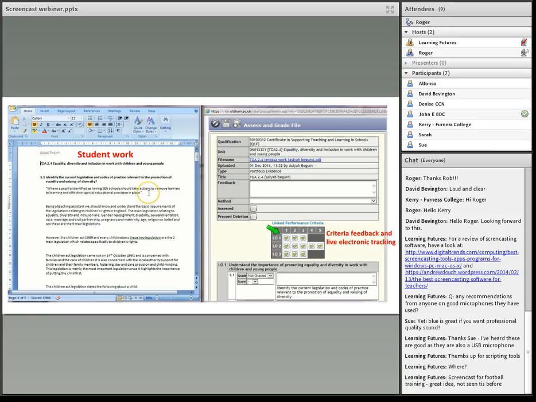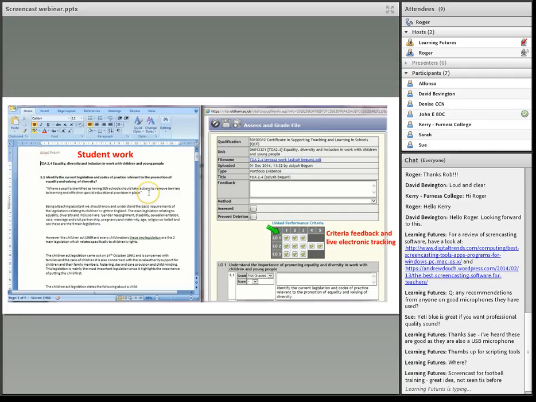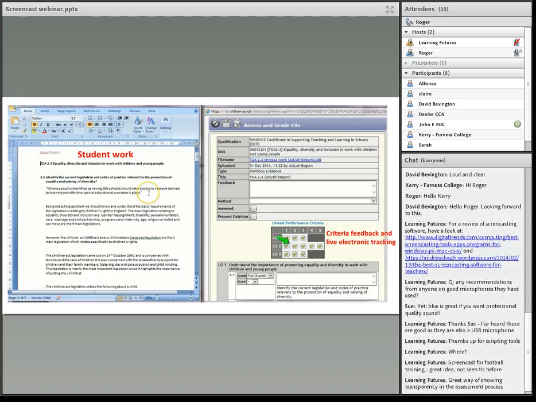So you can see where the green arrow is on there. Those are the ticks. So the tutor's doing two things at once. They're chatting to the student about examples of good practice or where they can do improvement, but that's all verbal. The student can see that live, and hopefully, what we think is a positive thing, they actually see the ticks go into the box. So they see those go into the box in terms of where they're at.